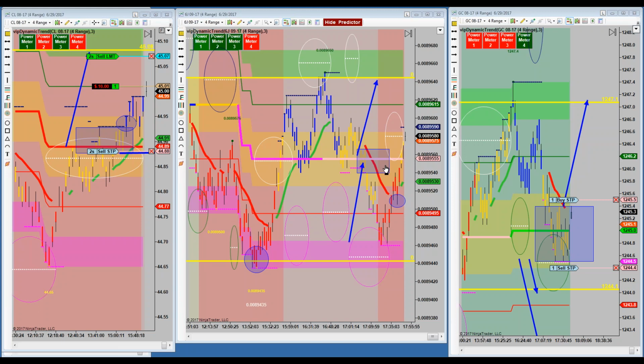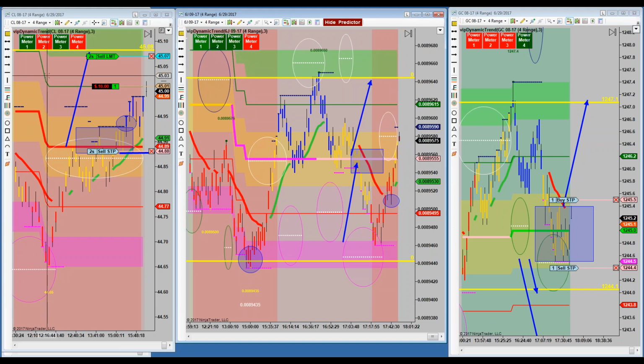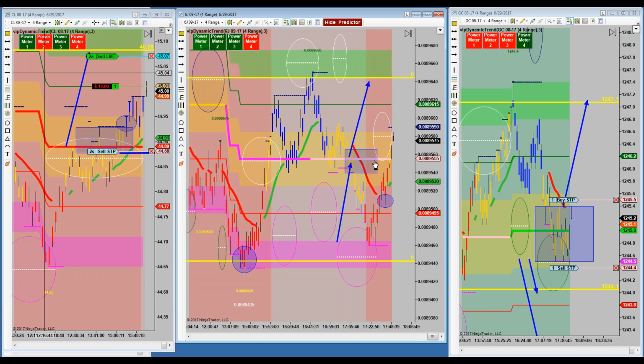Yeah, I was really concerned about the notion of selling it here because you could easily see that you could get continuation all the way up to the top. So in other words, what I'm saying in regards to the 6J trade, the buy down here at support was absolutely a good call and it made money. We choked it off, unfortunately, a little too quickly with a stop that was too tight, and the wick of this candle got us. What we should have done is left the stop a little lower down here, closer to our entry. Let it wiggle around in here a little bit.